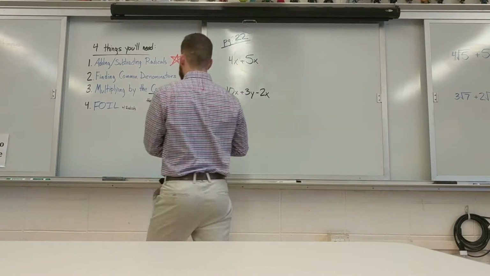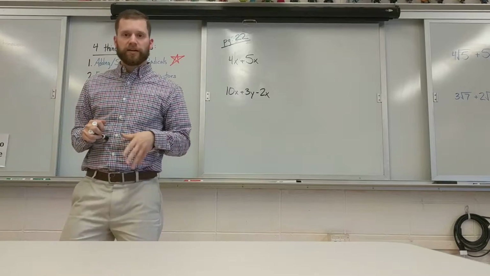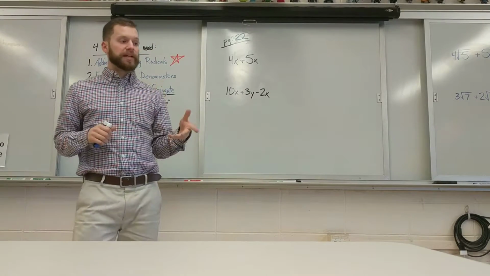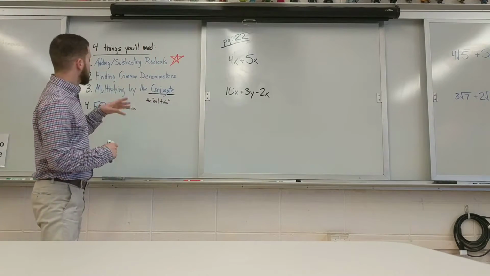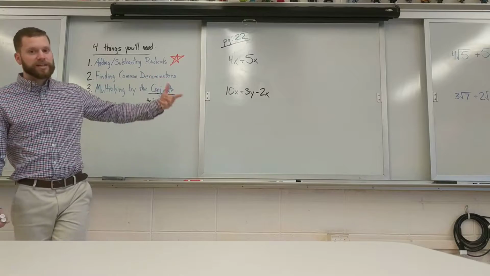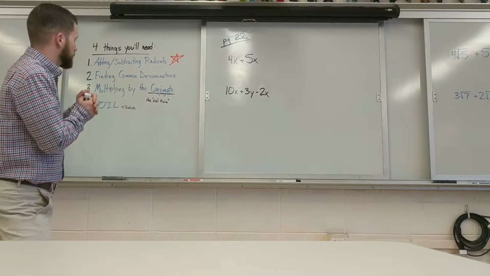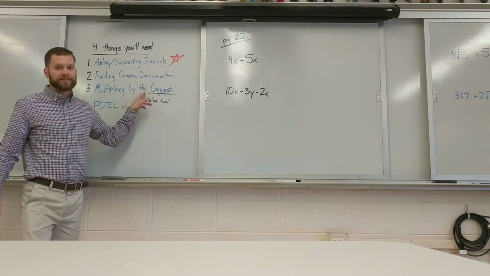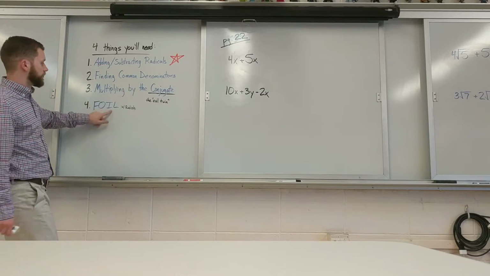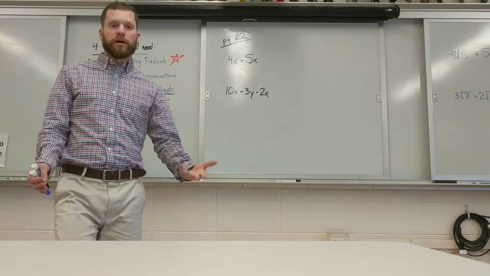Alright, so we're going to go ahead and do a little bit more on simplifying radical expressions. There are 4 different things that you really need to know to complete the pages in class today. Those 4 things are adding and subtracting radicals, finding common denominators so that you can add or subtract them, multiplying by something called the conjugate, which we'll do in a little bit in the 3rd video,